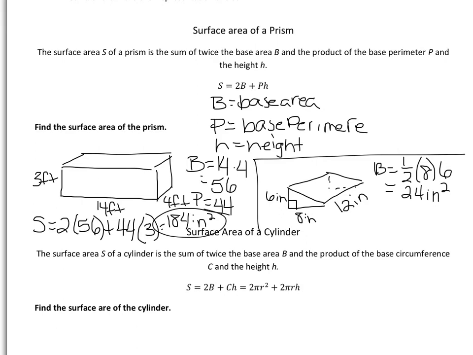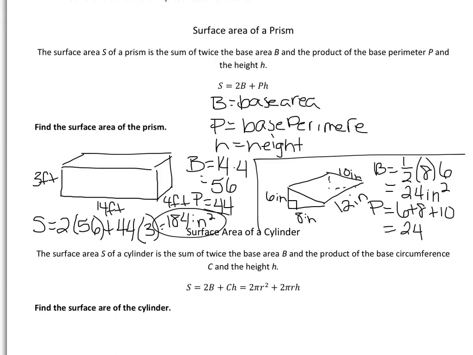All right, well now we need to find the perimeter of my base. So to find the perimeter of the base, I'm sorry, I forgot to give you one dimension. We're going to say that long side over on the other side is 10 inches. So for the perimeter of my base, I have 3 sides that I need to add together. I need to add that 6 inches, the 8 inches, and it doesn't tell me what that diagonal across from the right angle is, but if you look on the other side of your prism, the one that I forgot to give you in the first place, I know that last side is 10 inches. So the perimeter of my base is